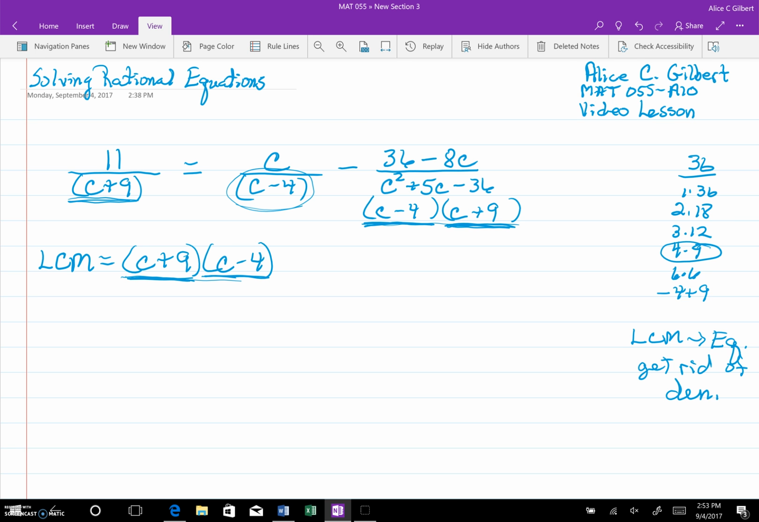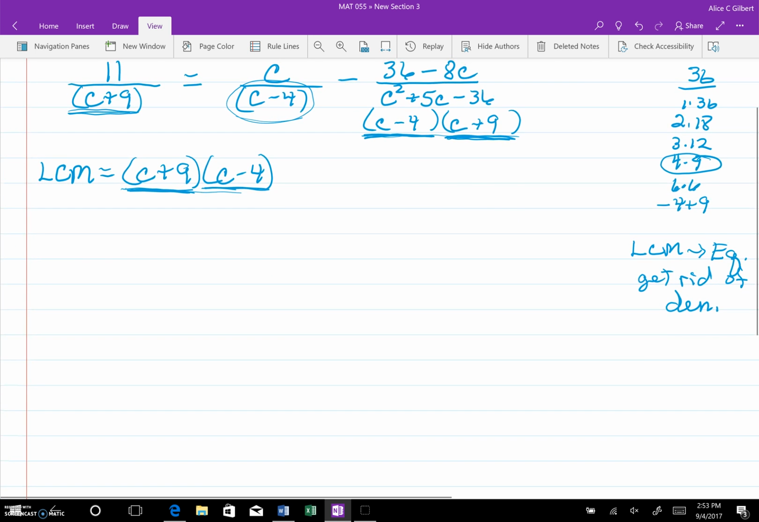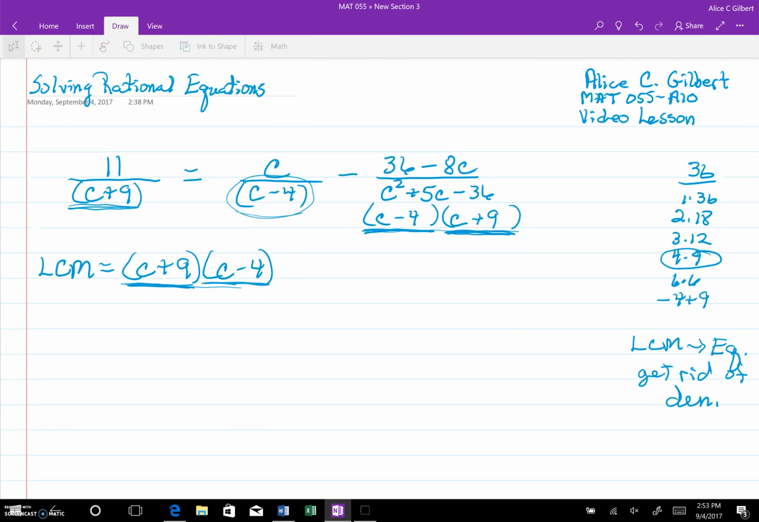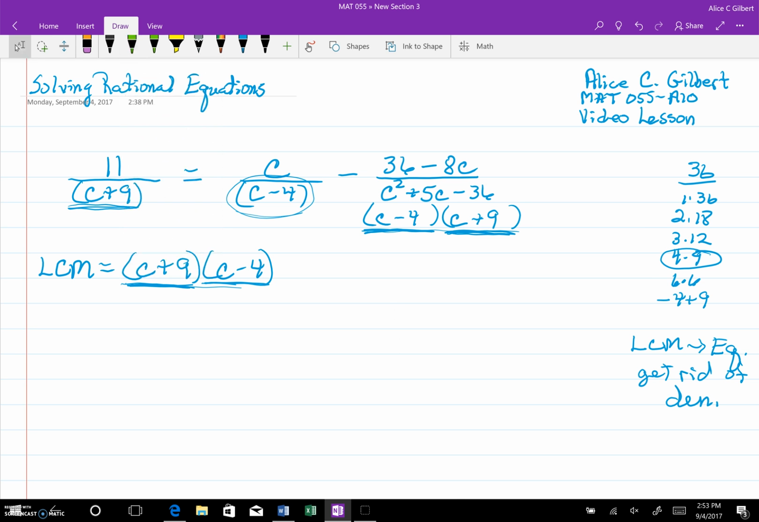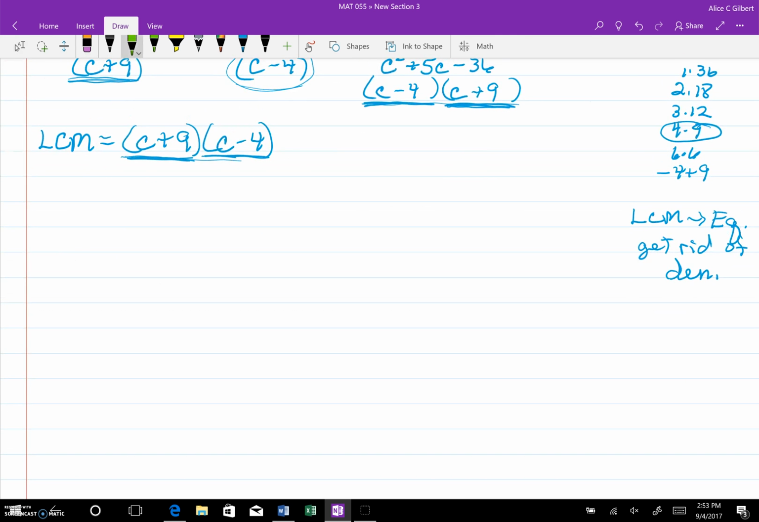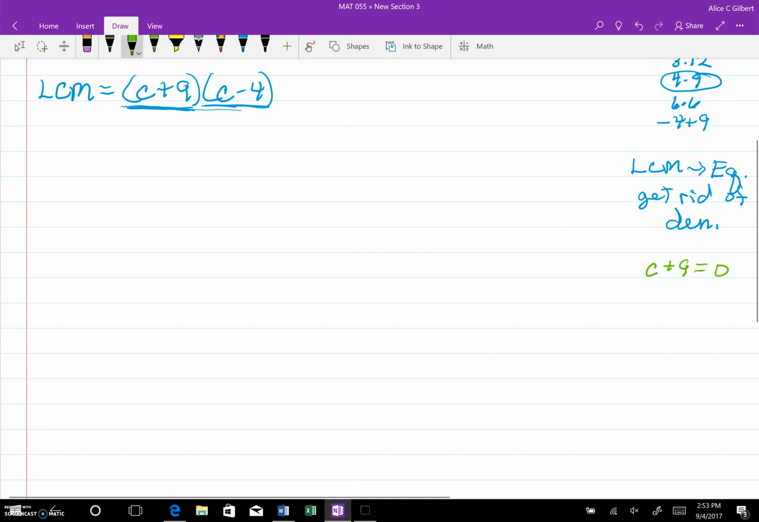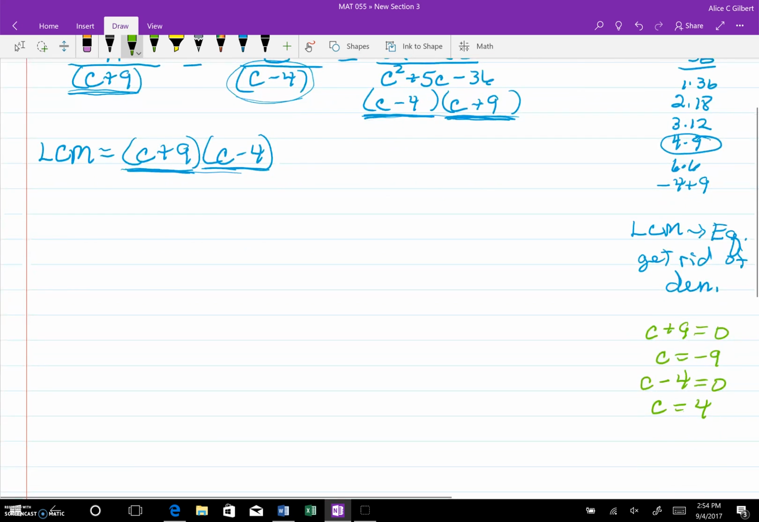Now, unlike with our expression, we need to do something different here now with our LCM. I need to take the c plus 9 and set it equal to 0 and solve. So that gives me c equals negative 9. And I need to take the c minus 4 and set it equal to 0 and solve. So that's c equals 4. And so way up here at the top,